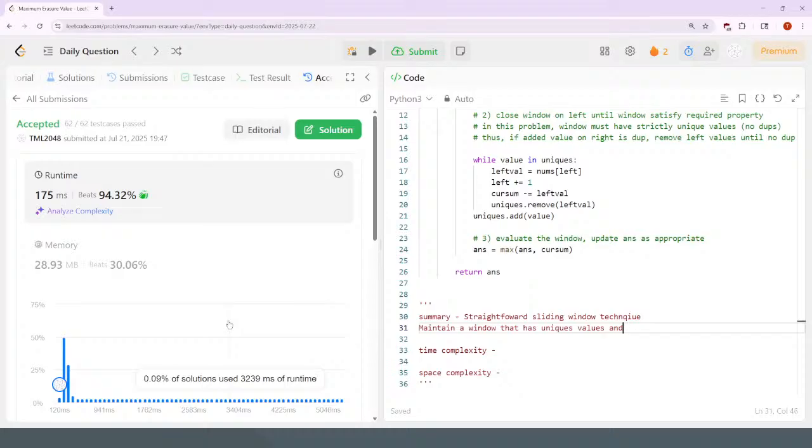Use a for loop to incrementally add right side values to the window. If the added value breaks the window condition, the window condition being all uniques,